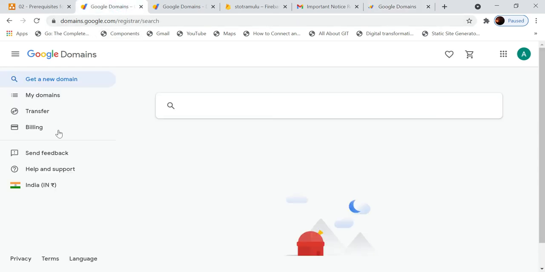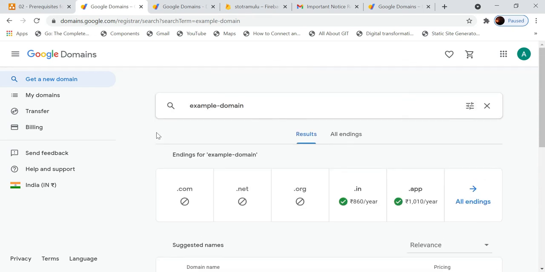Just navigate to Google Domains. Then you will see a screen like this. Here you will go to this get a new domain screen, and here you will be able to search for your domain name. For example, I am searching example domain.